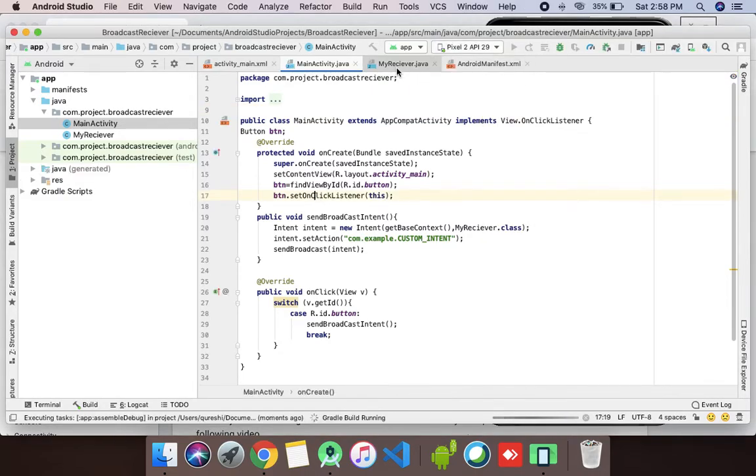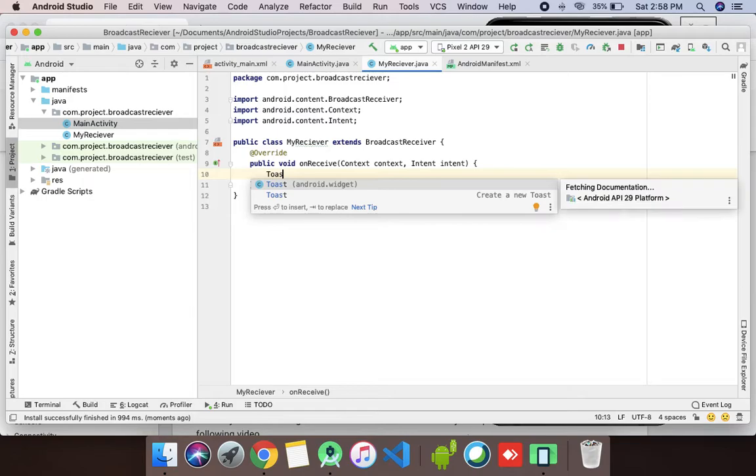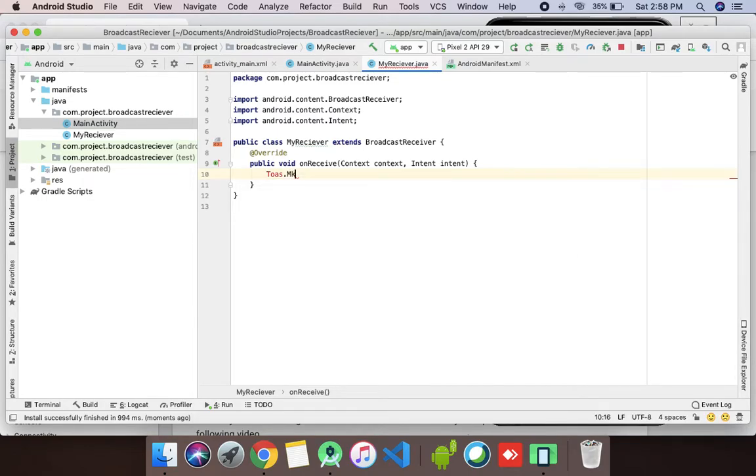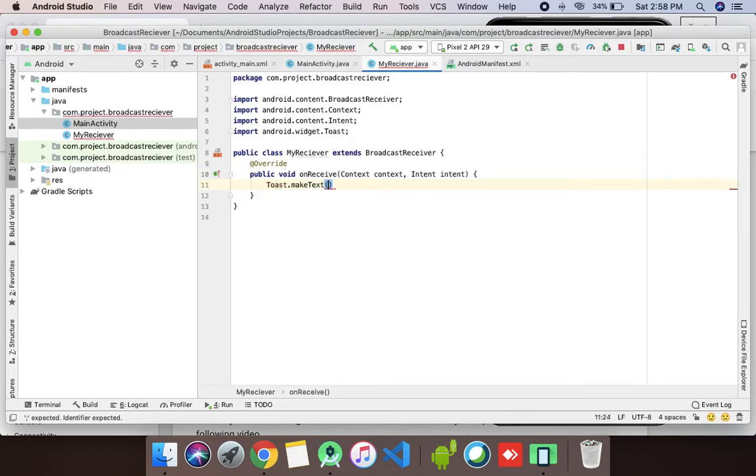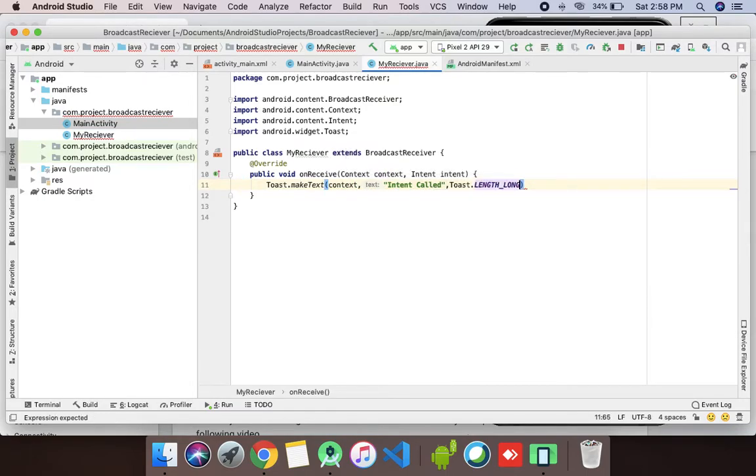There is one more thing I think I missed. How will we know that this broadcast has happened? So let's create a toast message with the context and the message "intent called", with length long, and show.